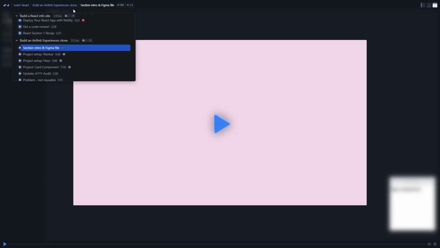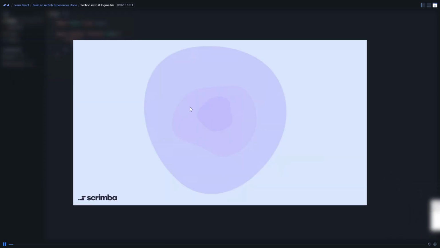Now that we've covered the basic syntax and concepts of building a static